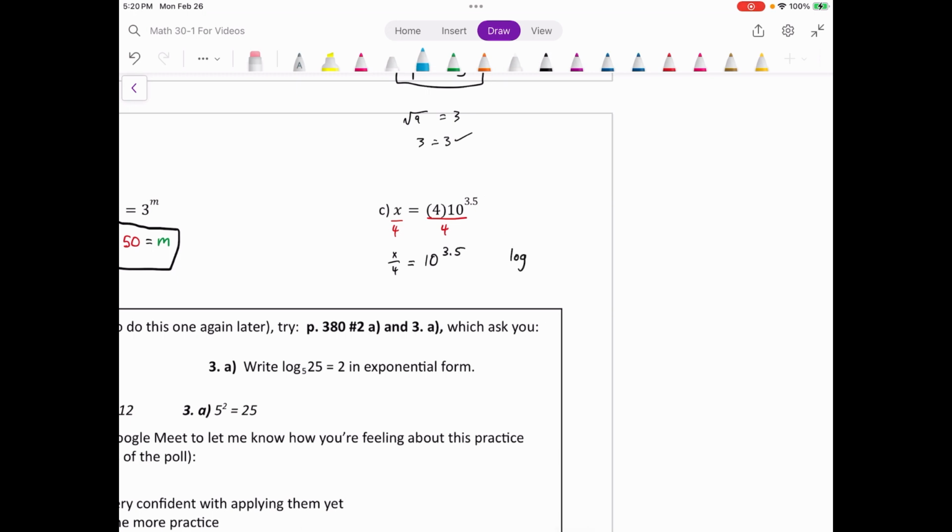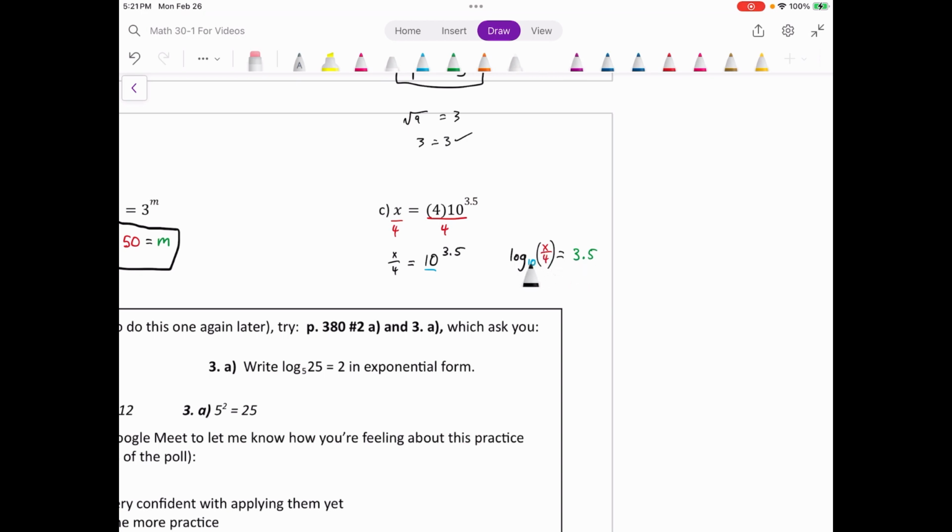We could say log base 10, okay, 10 to the power of 3.5 equals, what does it equal? It equals x over 4. Nothing wrong with that. That can be the argument of our logarithm. It can be a fraction. I might include some brackets there just to keep things a little bit neater. So all we're saying is that log base 10 of x over 4 equals